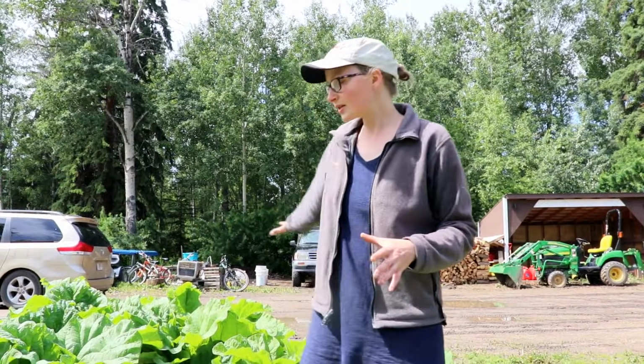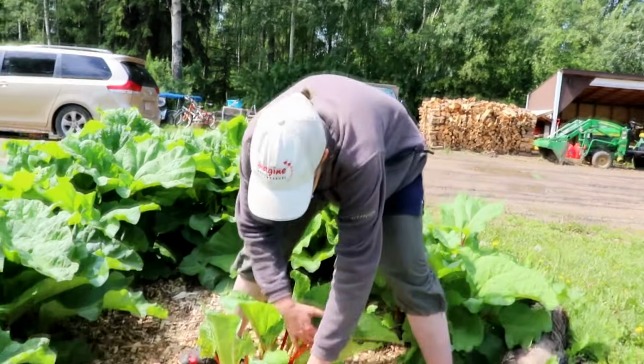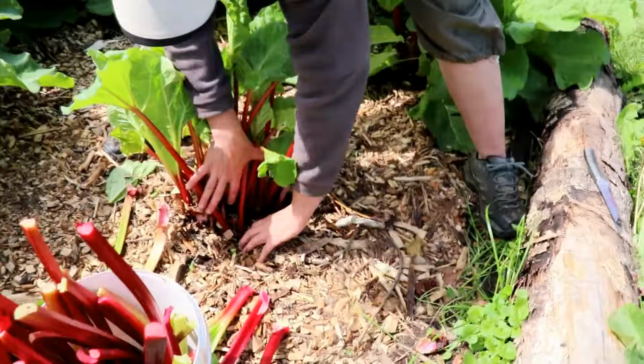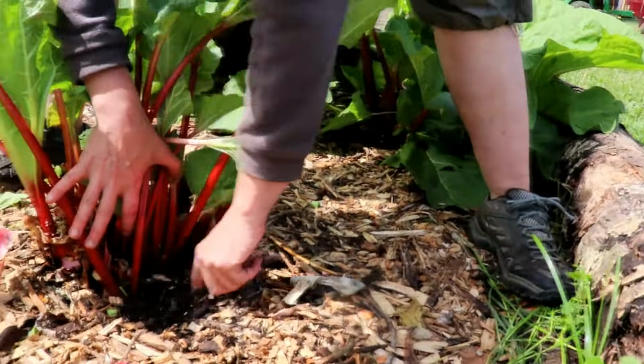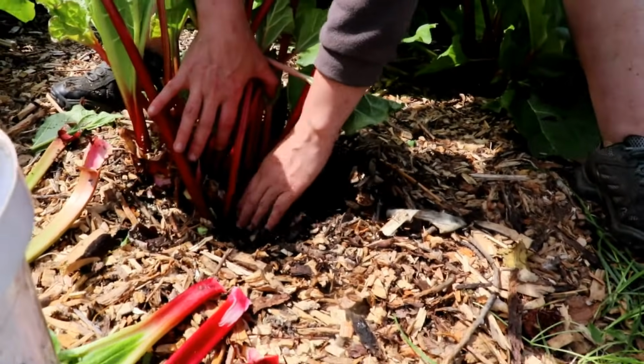I really like the red, and I love when you're cooking with the red rhubarb, I love the beautiful color of it. So actually all of this rhubarb here is an old variety heirloom that I actually got from a friend. And same thing, by its roots. And take a look down here. I'm just gonna kind of dig away here. And they got a really heavy root system. It's kind of like a tubers